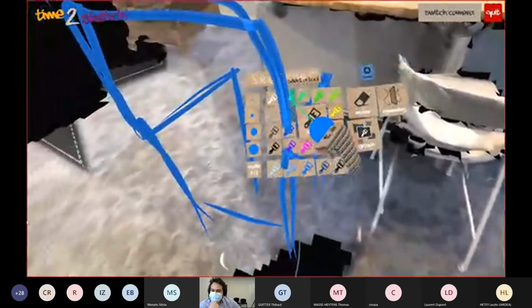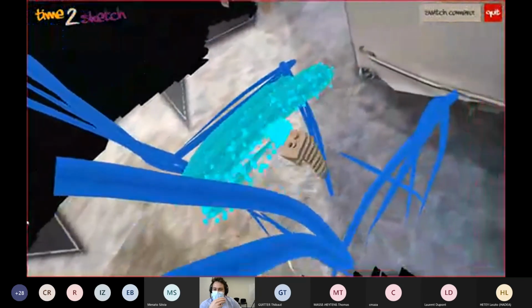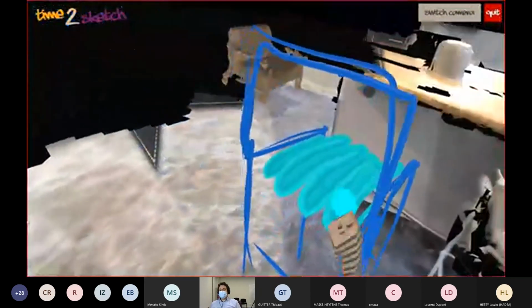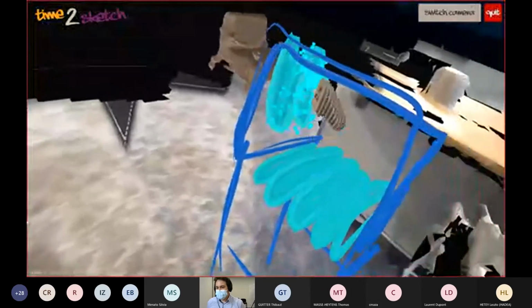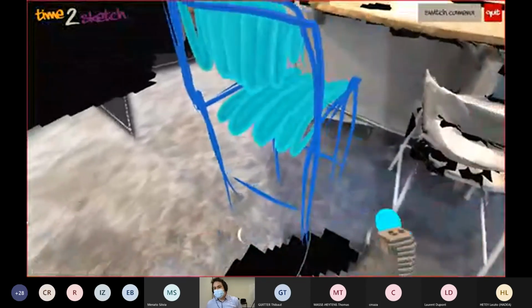More than pictures, that we can have inside this environment quite easily, we can now generate 3D